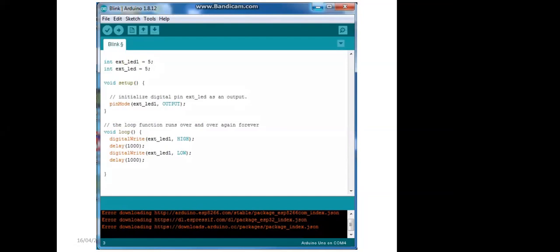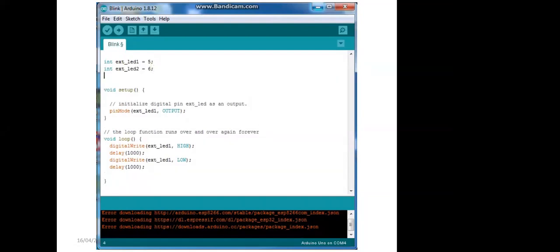So for 3 different LEDs, 3 digital pins are required. So 5, 6, 7 for the external LEDs: 1 is connected to 5, 2 is connected to 6, and 3 is connected to 7.